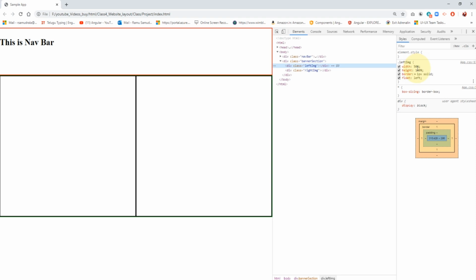So 25, 25, 25, 25, and all float left or all float right. Based on the number of elements, if you want to display 3 elements, then 34, 33, 34, since we cannot divide equally. Or 33, 34, 33, like that.